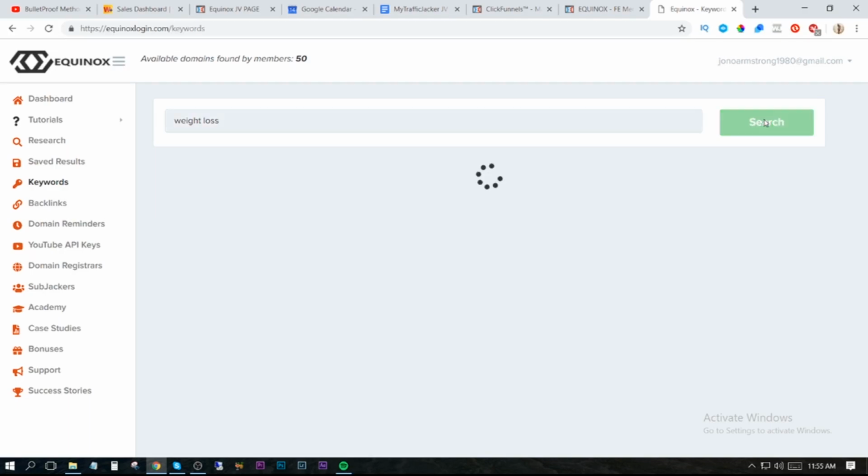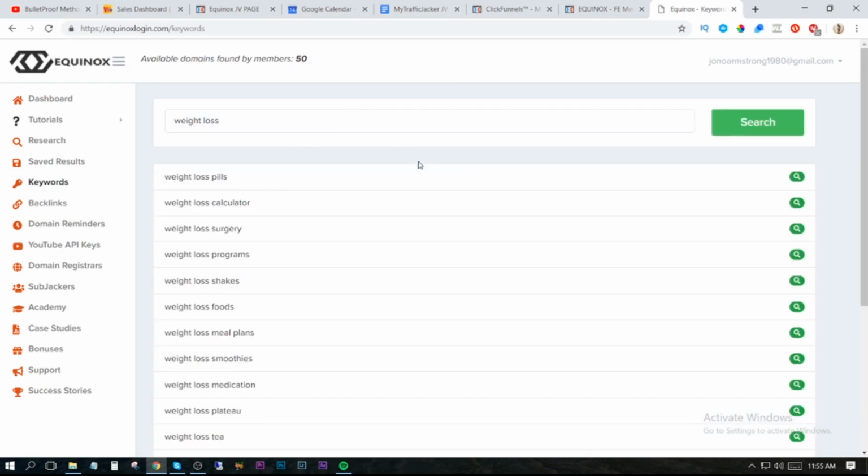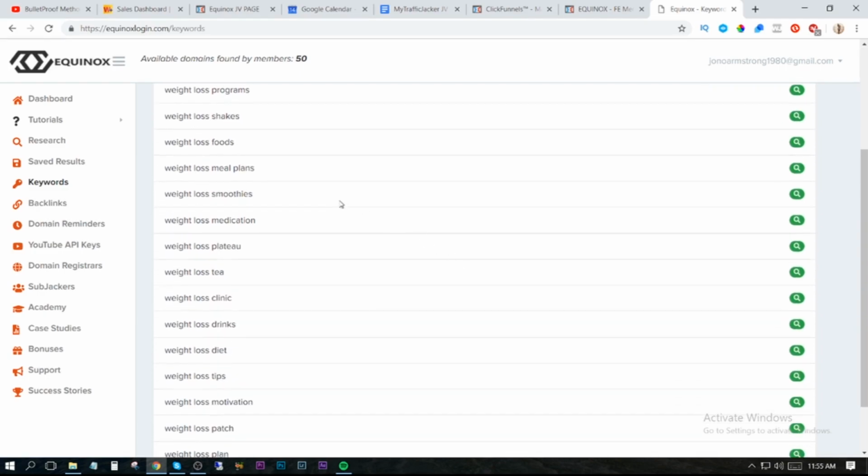Okay, so I'm going to hit search, and what this is going to do is bring up all of these different variations of this seed keyword that I've just put in. So you can see we've got weight loss pills, weight loss calculator, weight loss surgery, weight loss programs, weight loss shakes, etc. Now a good one to use here could be weight loss foods. Okay, so if I want to go with this keyword, all I would need to do is click on this